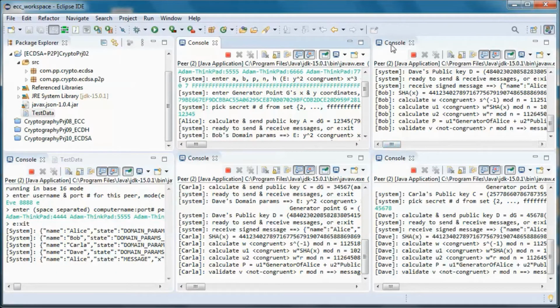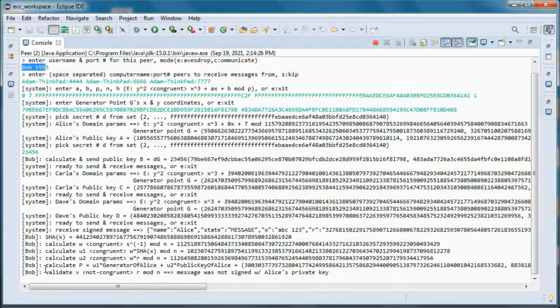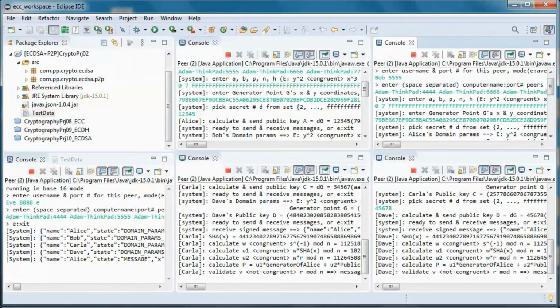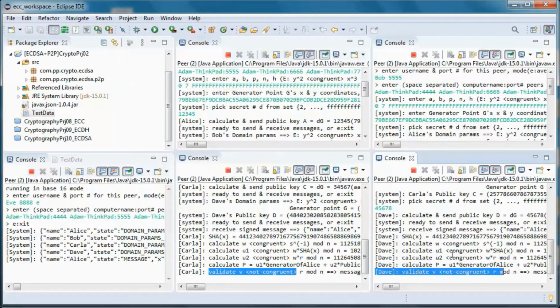So all other three communicating peers realize that the message was not signed with Alice's private key. So same for Carla and Dave.